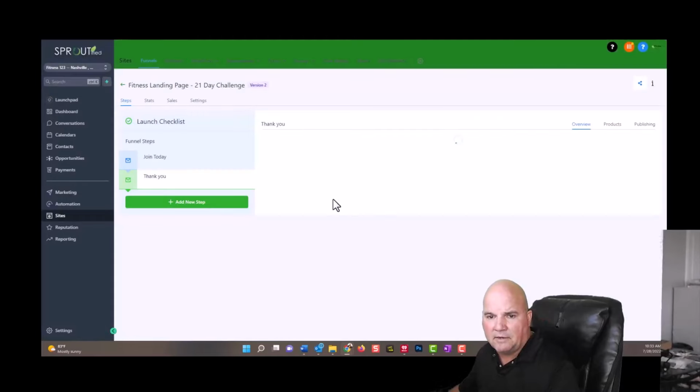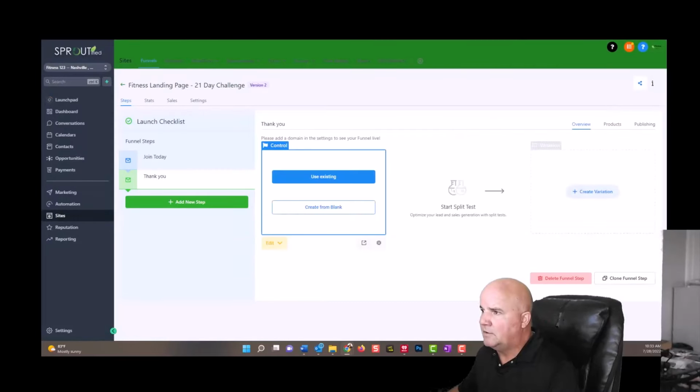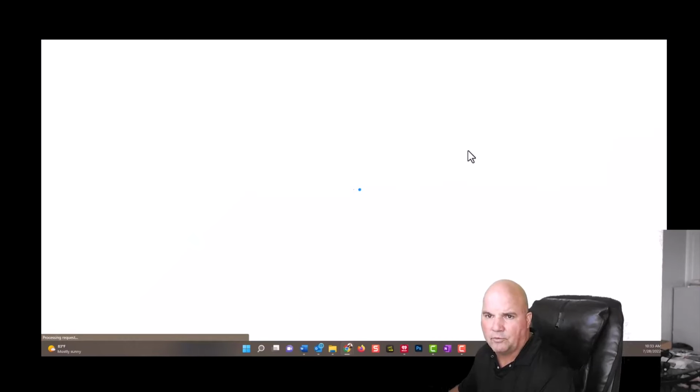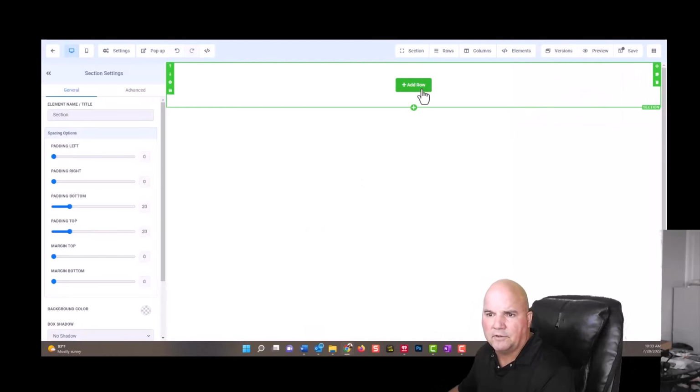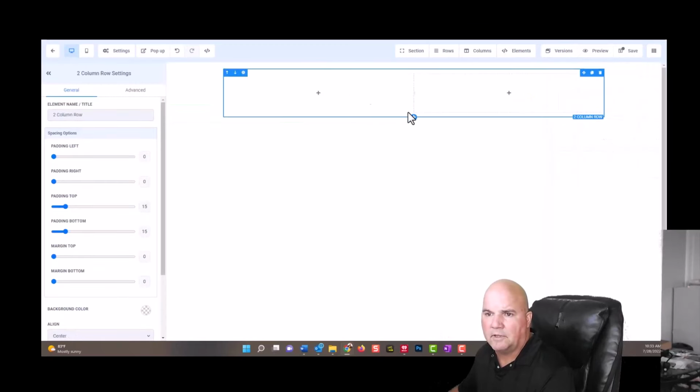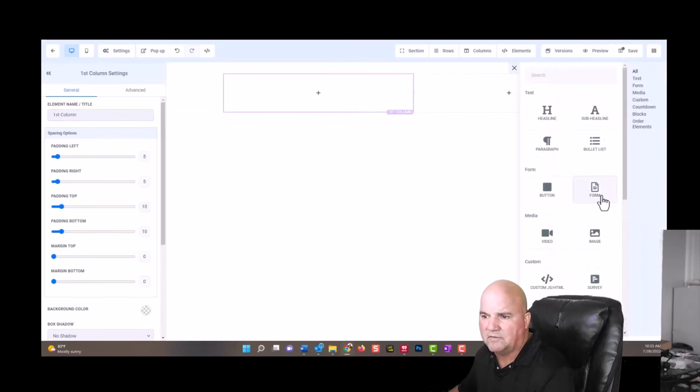We're going to create, and you just want to keep it super simple, create the same headline, and then I'll just show you kind of real quick what we would do. Create, and maybe just do a full width. Add 2 columns, maybe just a